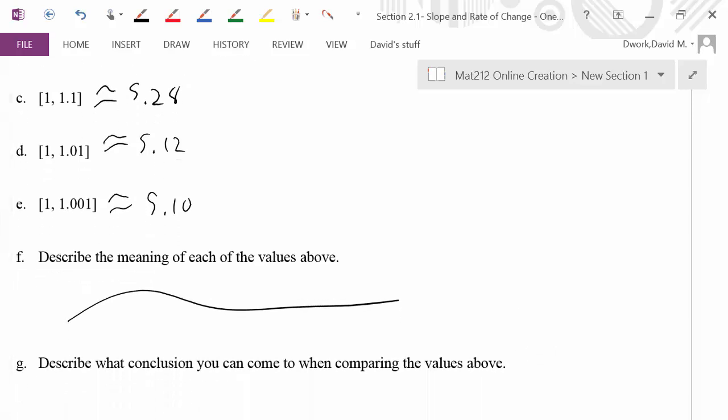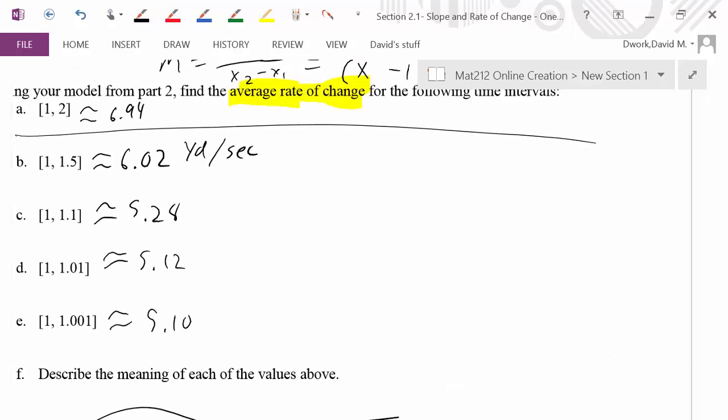So now describe what conclusion you can come to from comparing the values above. Now this is important. You will notice something. There's something very different about how these numbers are progressing from A to E than how the previous problems were. The previous problem had a kind of different goal in mind. Now this one, you'll notice the numbers, instead of getting further apart, they're getting closer together. And in fact, they're getting really close together, like really close, like